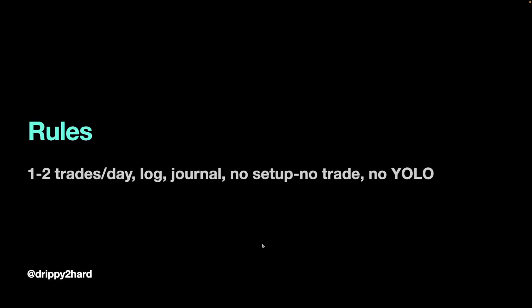And once you are done with that, instead of looking at the charts again, use that time to log your trades and journal them to see, okay, I used this strategy, I used this setup, and it works for me. That way, over time, you can see which ones are your winning ones and which ones are not working for you. So only trade the ones which are working for you. Journaling and logging will help you with that.